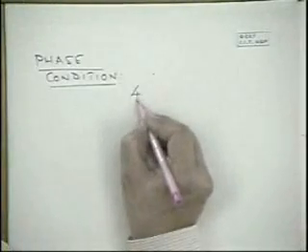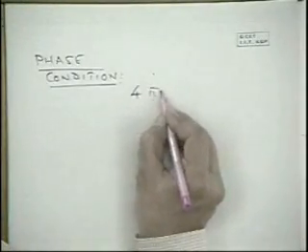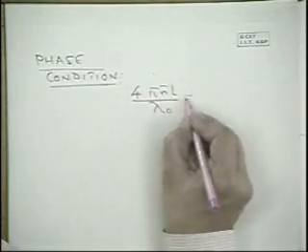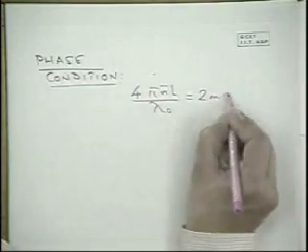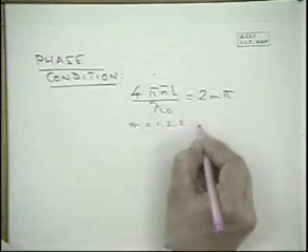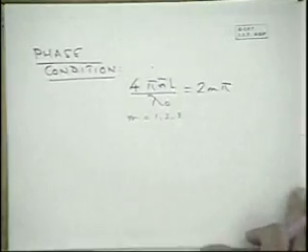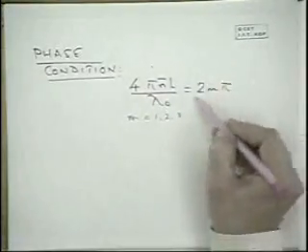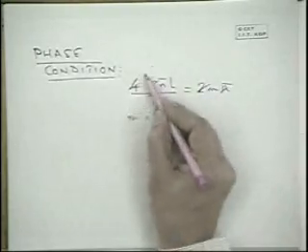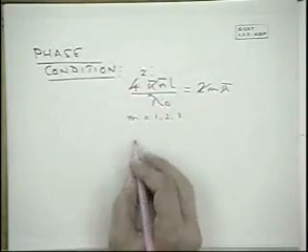So it is just 4 pi n bar L by lambda 0 is equal to twice m pi, where m is equal to 1, 2, 3, etc., integer. So essentially, okay, if you just cancel, it comes down to